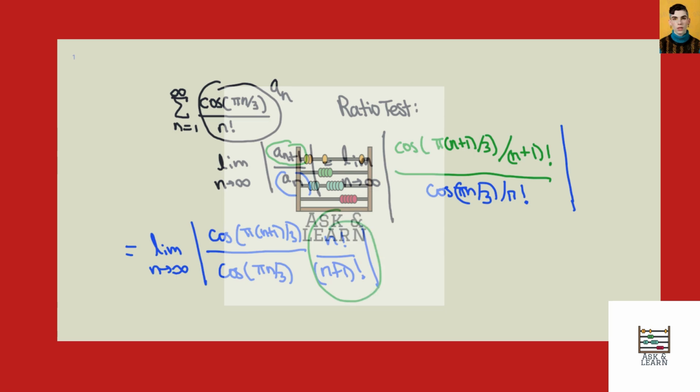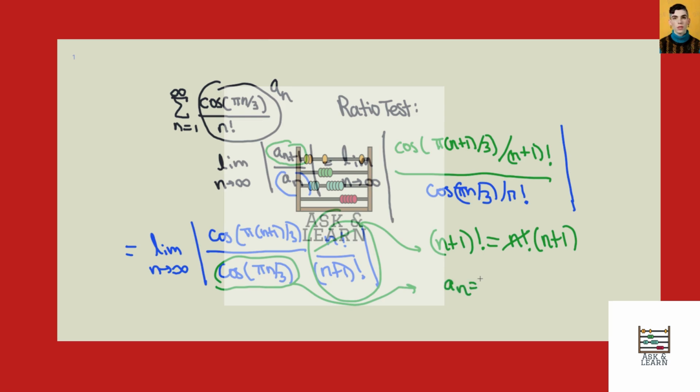So here, notice that (n plus 1) factorial can be written as (n plus 1) times n factorial, and so we'd go ahead and cancel those factorials there. And also, if you look at these terms right here,